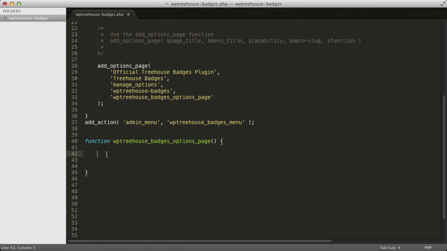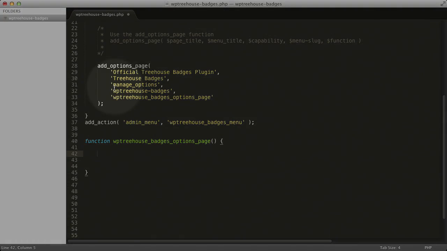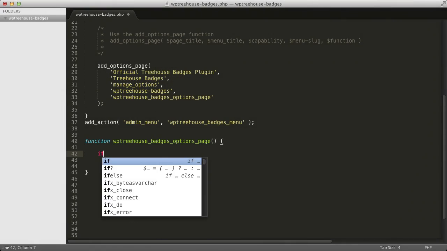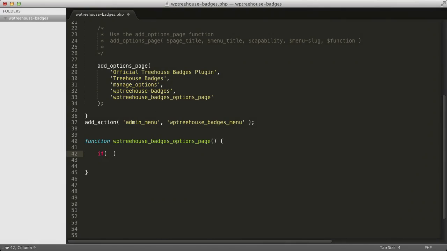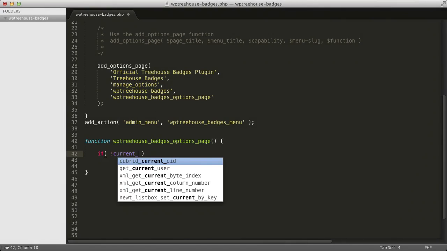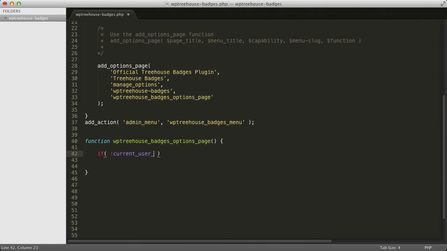Now what we have to do is write a simple conditional statement that double checks that the person visiting the page does have the right credentials to do so. What we'll say here is if the current user cannot, because of this, manage options,